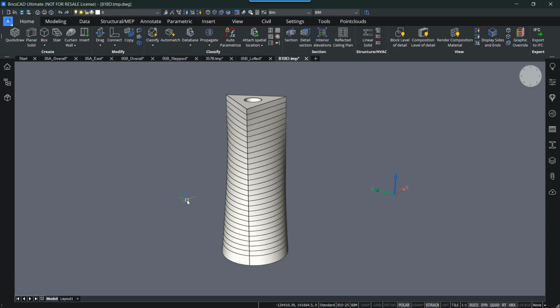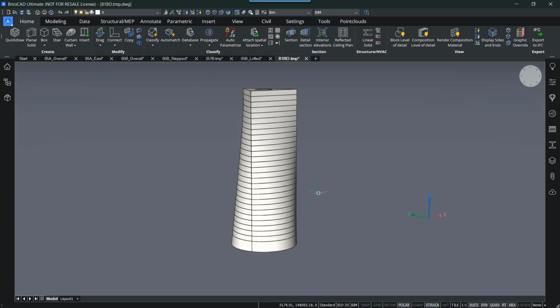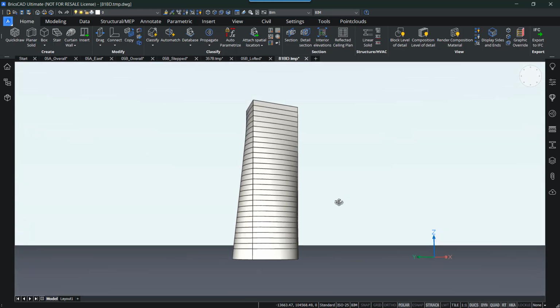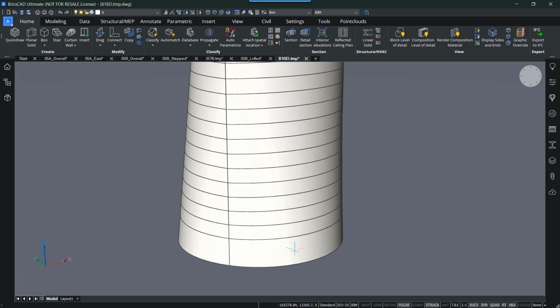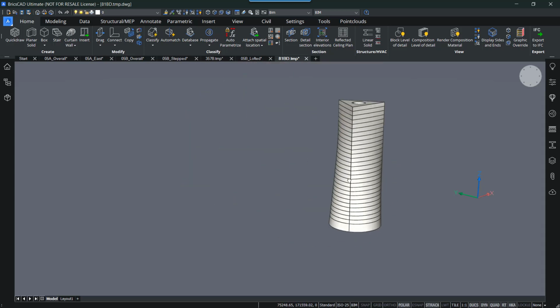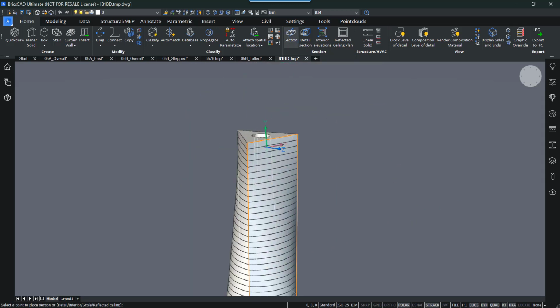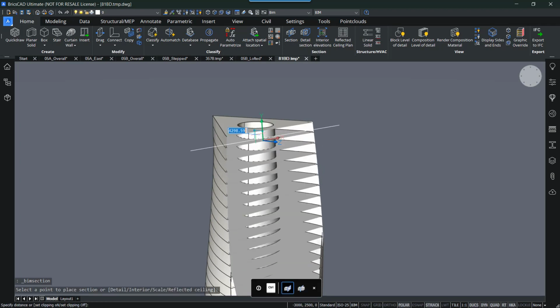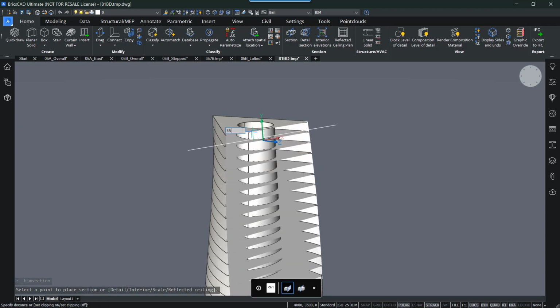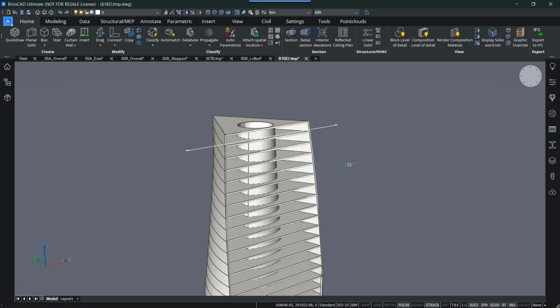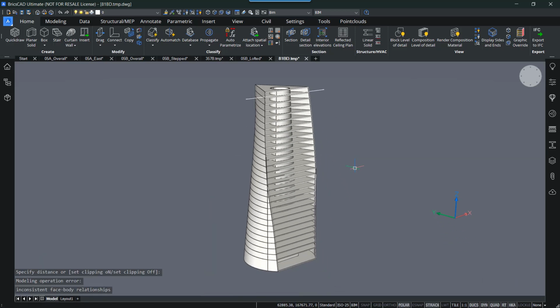Okay, now we have the final results of our QuickDraw command. As you can see here, all the levels have a height of 4,000, with the exception of the ground floor, where we indicated that we wanted to have a double floor. So that looks pretty good. We can also open up a section and double check to see. So maybe somewhere 5,500. And as you can see, even though it's curved,